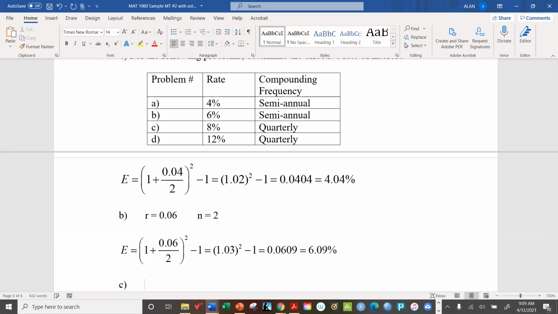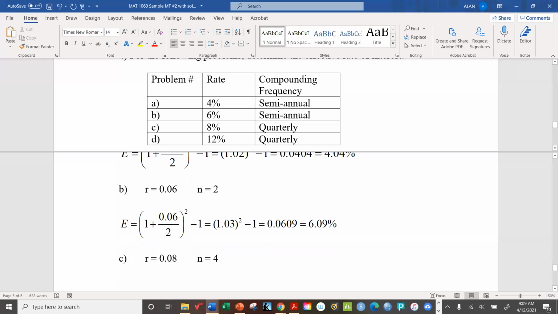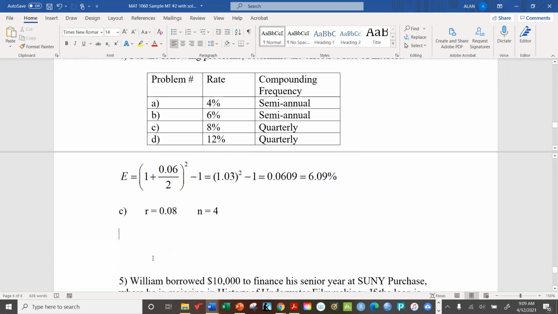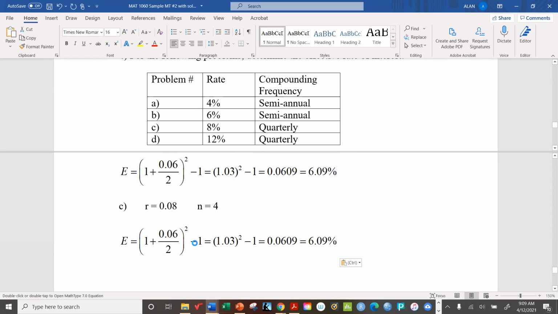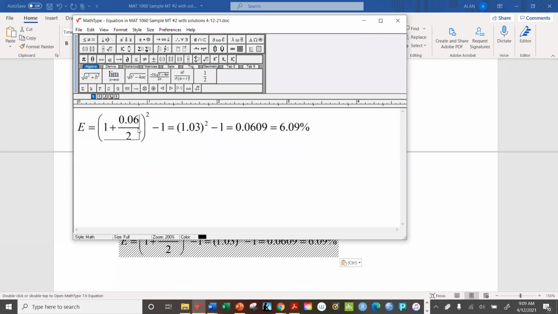All right, now for C, it's 8%, but now it's compounded quarterly. So the difference will be even larger between the APR and the EAR. Let's see how much larger. We'll just borrow this equation. So 8% 4 times a year. All right, here we go. 8,